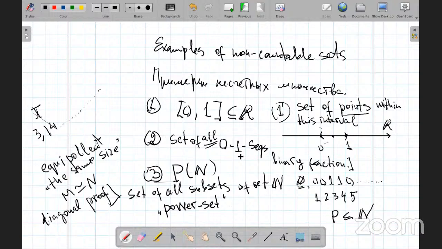Because so far we only proved it for n. However, I can only announce it now, right? So it's called, you can also Google it, the generalized Cantor theorem. Okay? And it says that for any given set M,